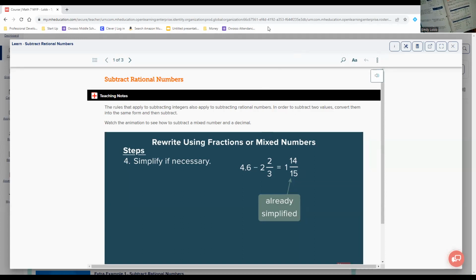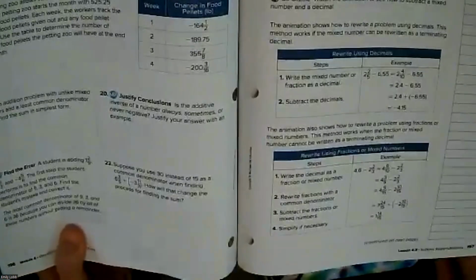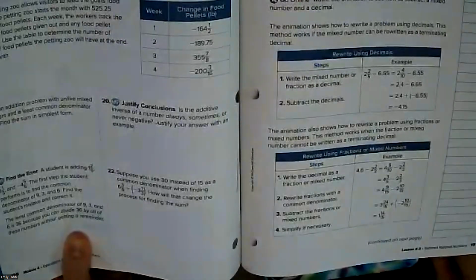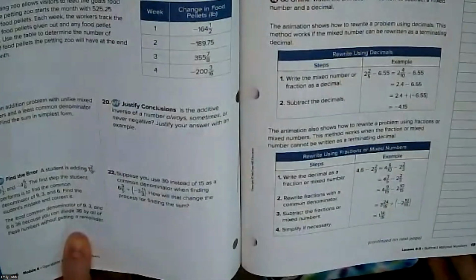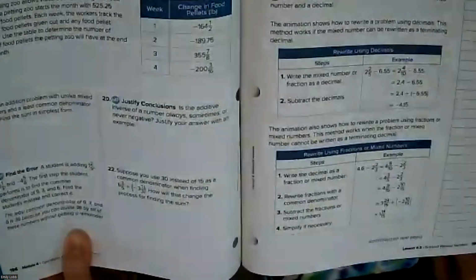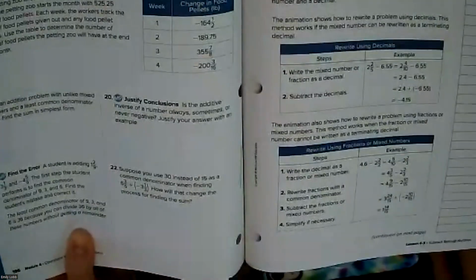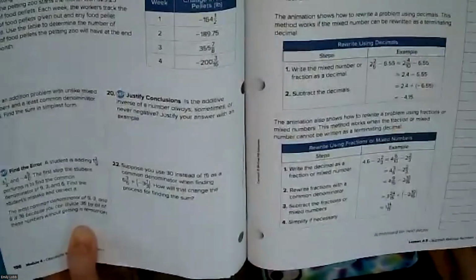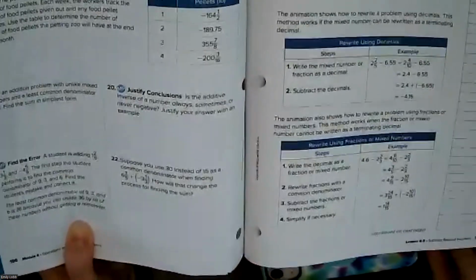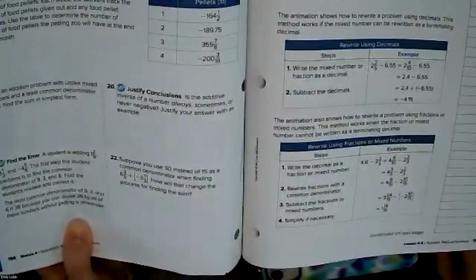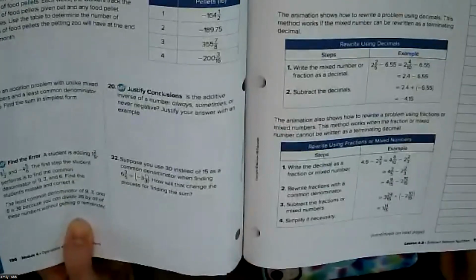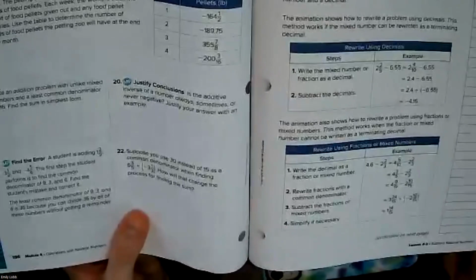Let's stop sharing. All right. So on your paper here, it showed you, hold on one second. What are y'all doing? Elijah, get out of football. All right. Now,